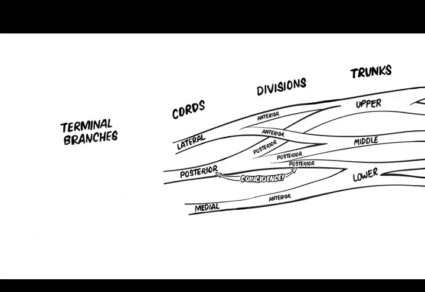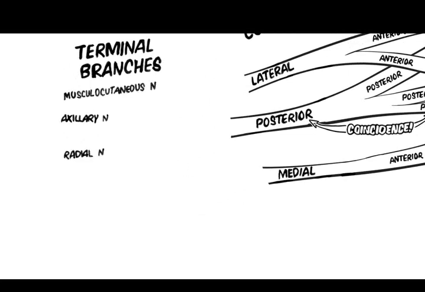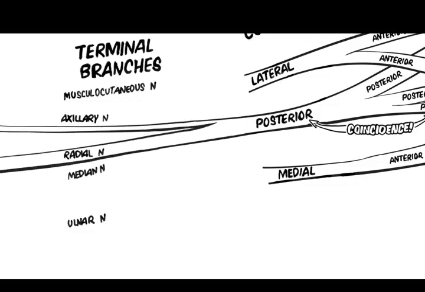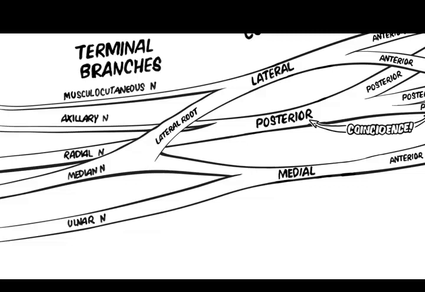Finally, the brachial plexus will form its 5 terminal branches. These are the axillary nerve, radial nerve, musculocutaneous nerve, ulnar nerve, and median nerve. The posterior cord divides into 2 terminal branches, the axillary nerve and the radial nerve. The lateral cord divides into the musculocutaneous nerve and contributes to the median nerve by giving off the lateral root of the median nerve. The medial cord divides into the ulnar nerve and also contributes to the median nerve by giving off the medial root of the median nerve, which joins with the lateral root of the median nerve to form